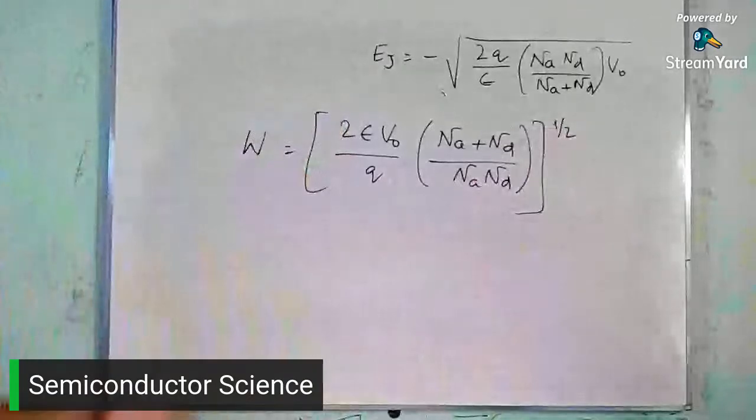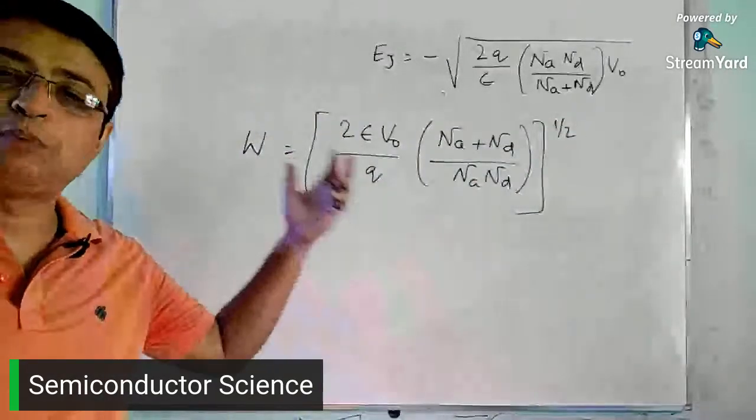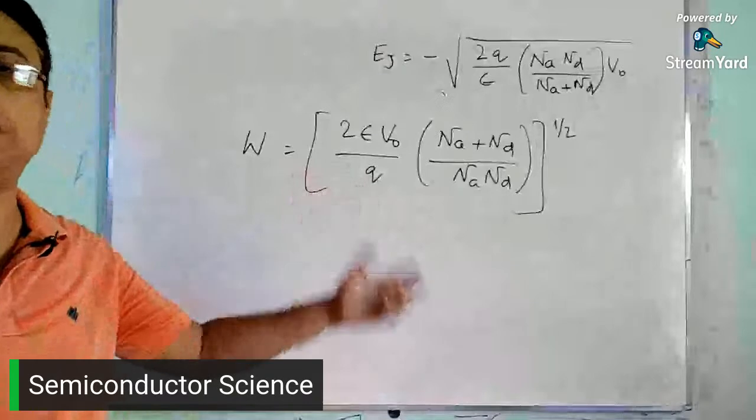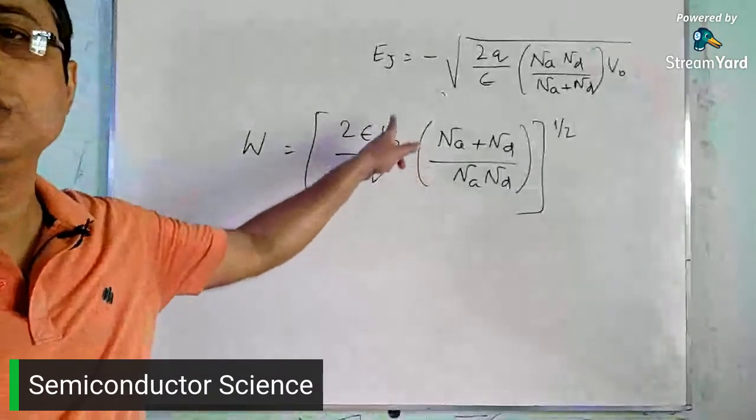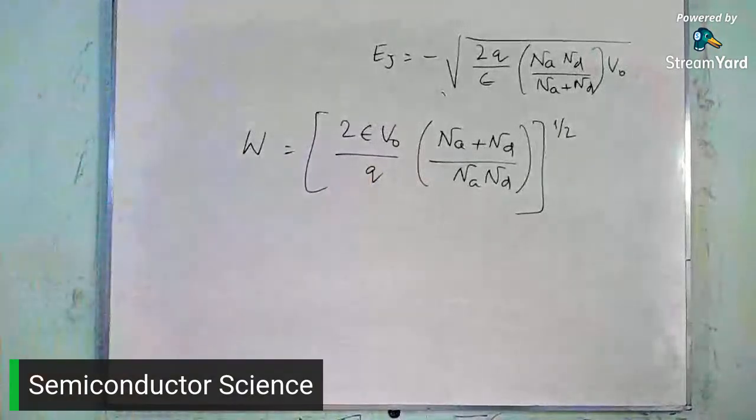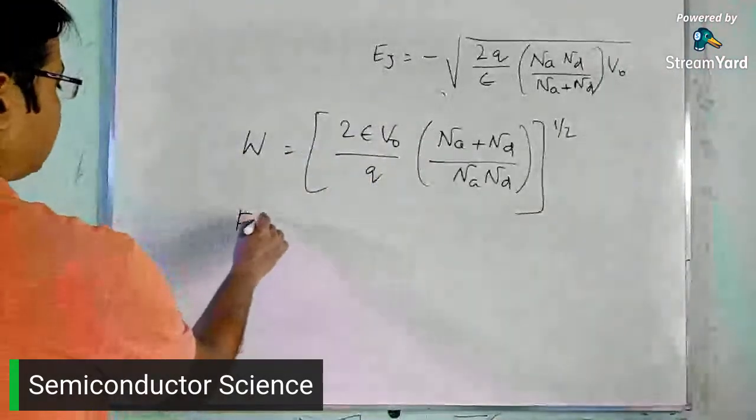Now, whenever we apply the positive bias or forward bias condition, this V0 should be changed to V0 minus Vf. So for the forward bias case,